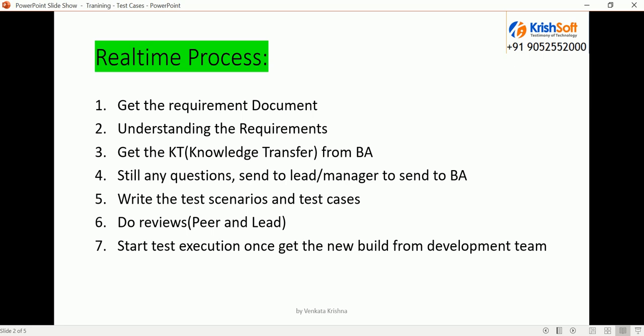Similarly, your lead is going to review your scenarios and test cases. Your peer, your same-level colleague, doing the review is a peer review. Your lead reviewing is a lead review. So reviews will be involved here, and based on these reviews,